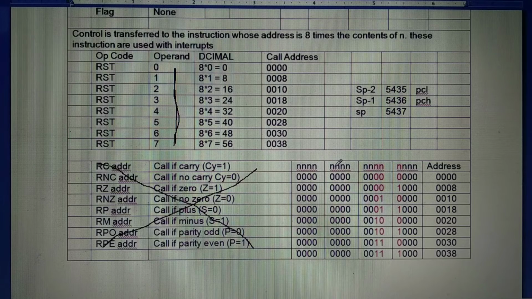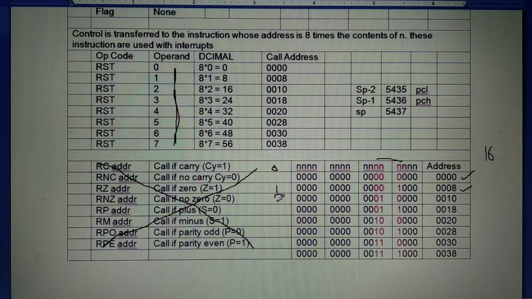Here 16 bits are there which represent the program counter, and here it is written in red. For RST 0, write 0 using 3 bits: 000. Convert that 16 bits in terms of hexadecimal, and you will get the call address. For 1, write using 3 bits, you get 001. Convert it in terms of hexadecimal and you will get the call address.